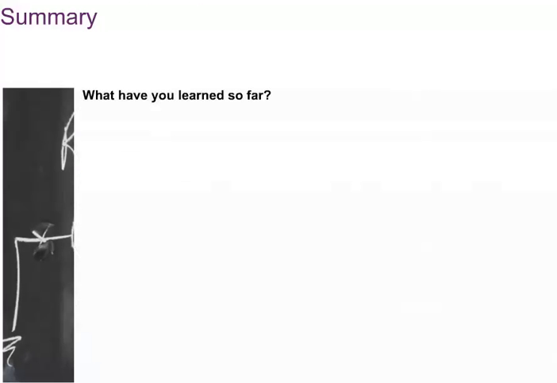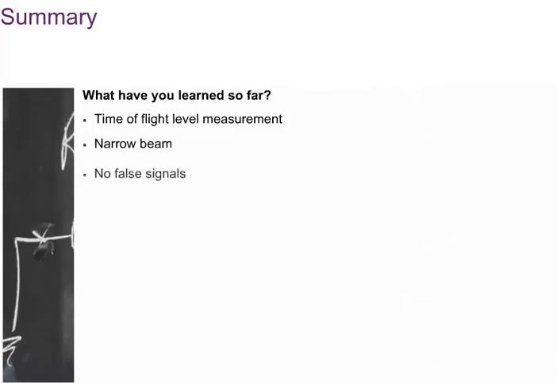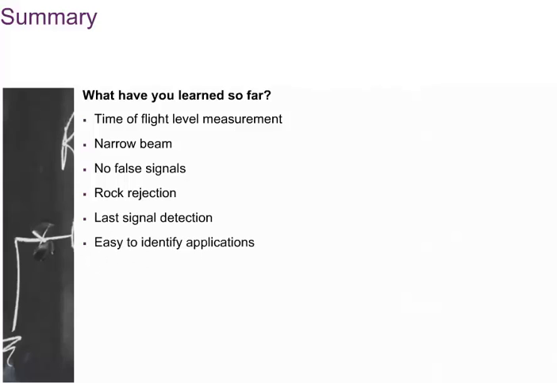Now let's summarize this learning module. So, what have you learned so far? The laser level transmitter works by measuring the time of flight of a laser pulse to the surface and back again. The laser level transmitter has a number of technological capabilities that make it well suited to measuring level. These technological advantages include having a narrow measuring beam, getting no false signals from the surface being measured, an ability to ignore intermittent obstacles using rock rejection, last signal detection, and it's easy to identify applications by looking at the surface to be measured. Have you understood